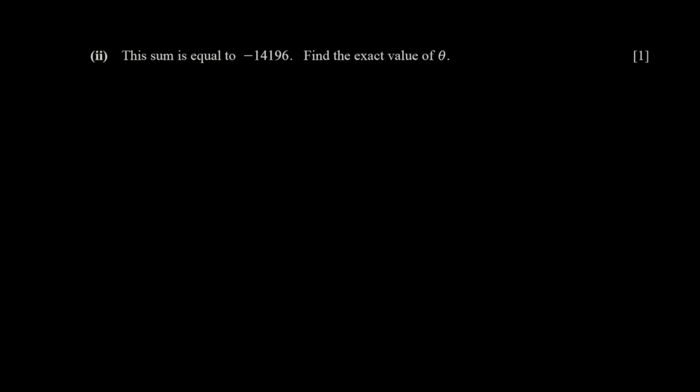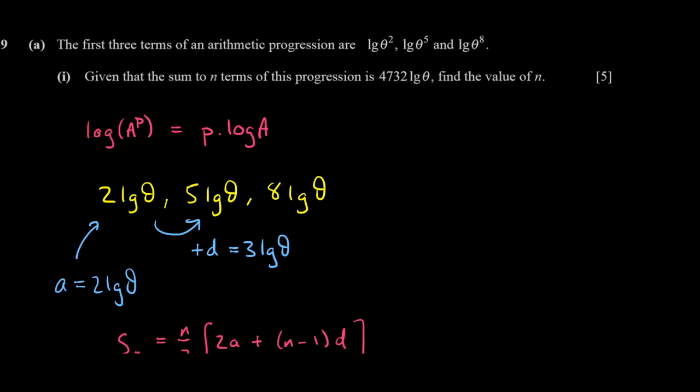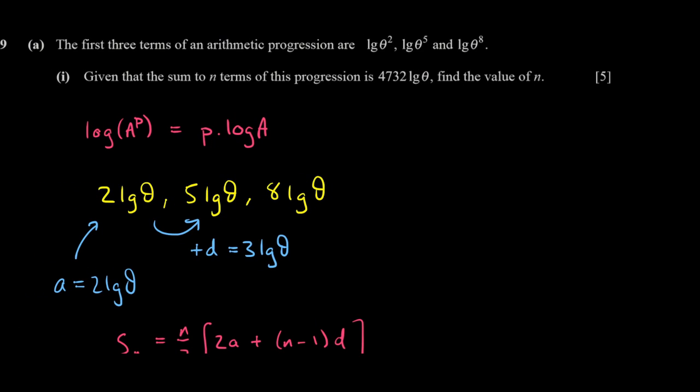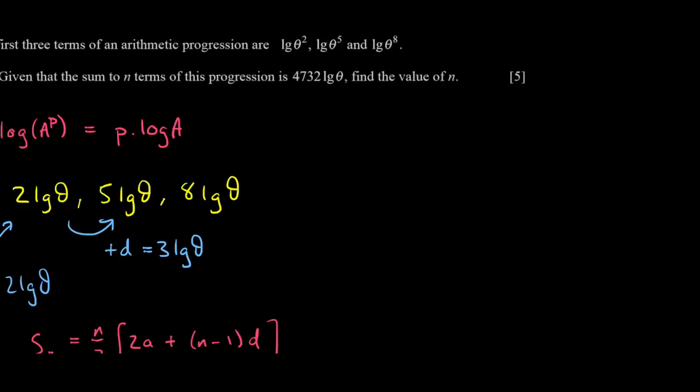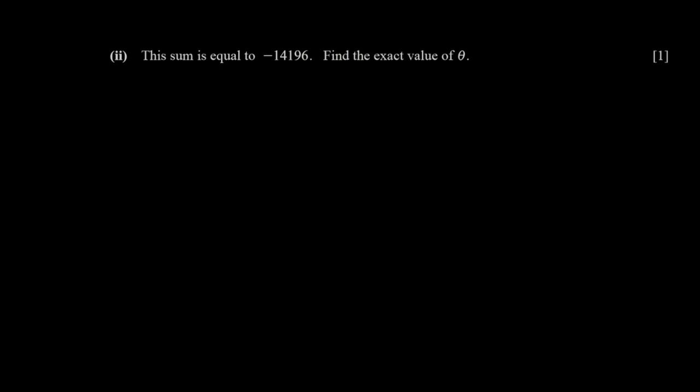Find the exact value of theta. Now, you don't even need your answer for part A, right? You can just go back and look in the question. You're told that the sum to n terms is 4732 log theta. So we can just go over here and say 4732 log theta